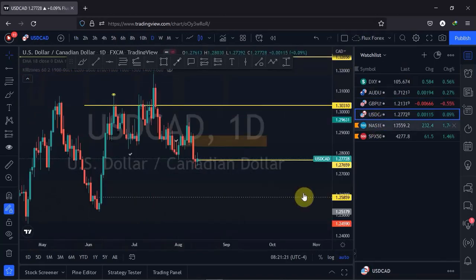So for USDCAD, we've seen price is still in a bearish sentiment, because we've seen a shifting structure here. You've seen price breaking the structure as well. So I wouldn't be surprised if we should see price push to the downside to fill up this liquidity void we are seeing here.